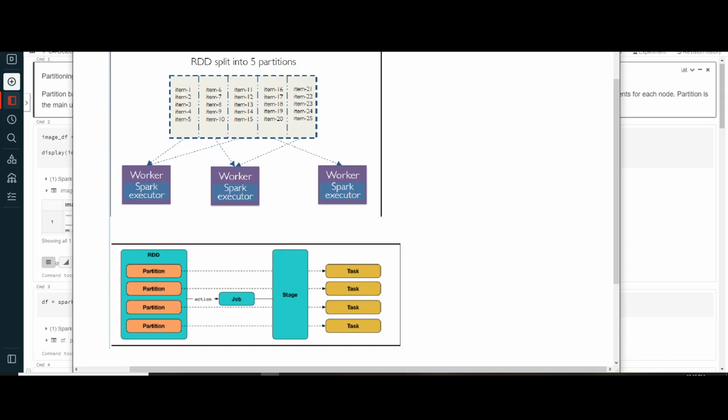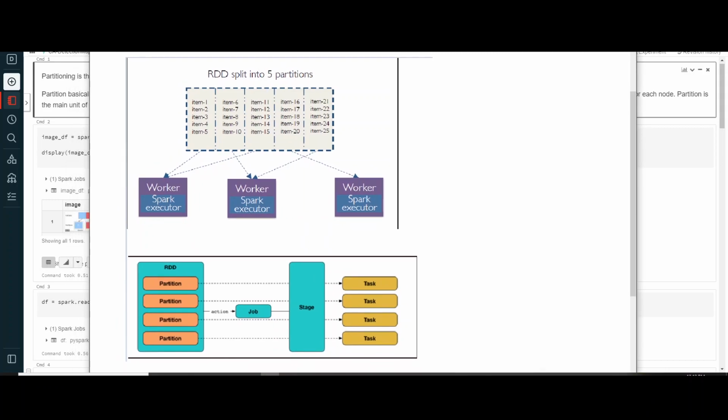So as you can see here, whenever you write anything in Spark, it gets converted into the form of an RDD. Suppose you read a file in Spark, the entire content of the file is partitioned into multiple smaller chunks. Any RDD for that matter is partitioned by Spark into multiple partitions. When we apply any kind of transformation on an RDD, the transformation is applied to each partition.